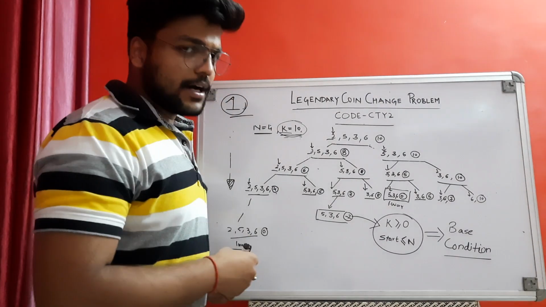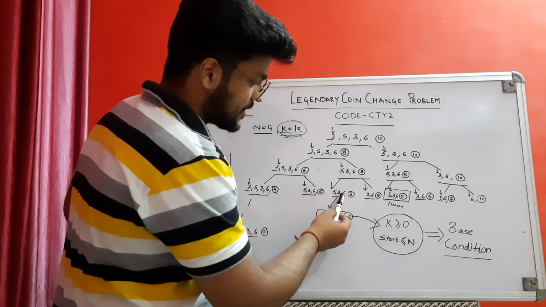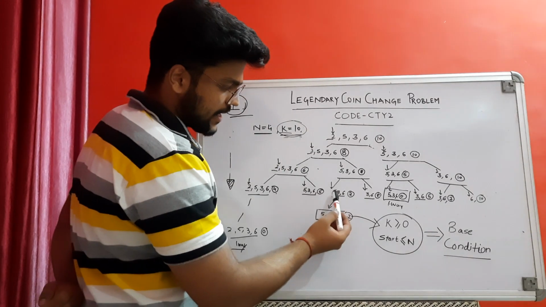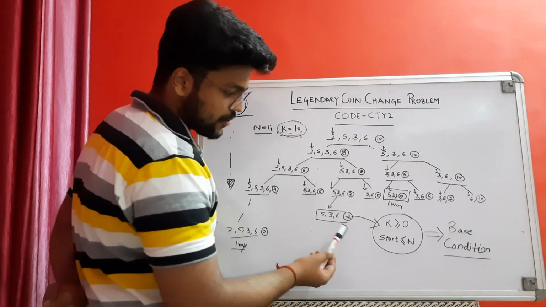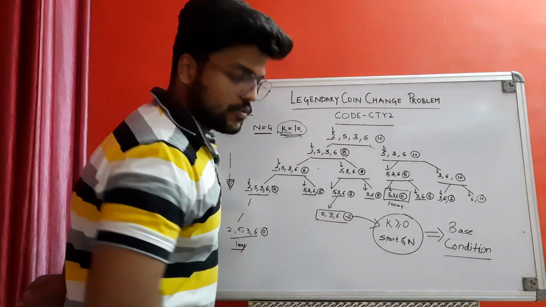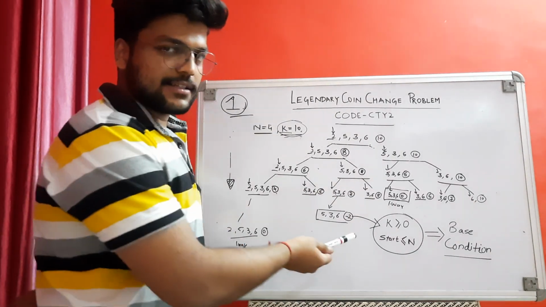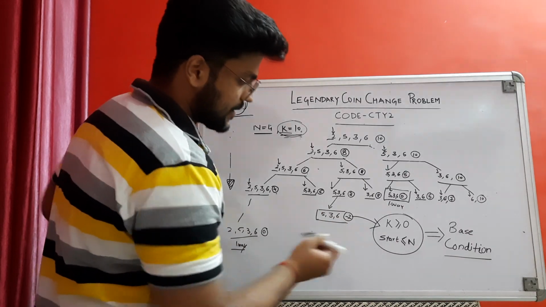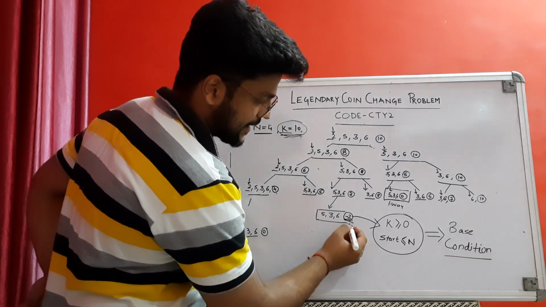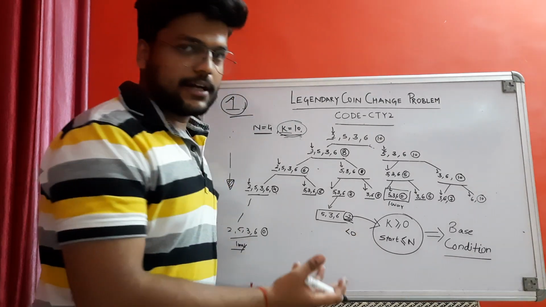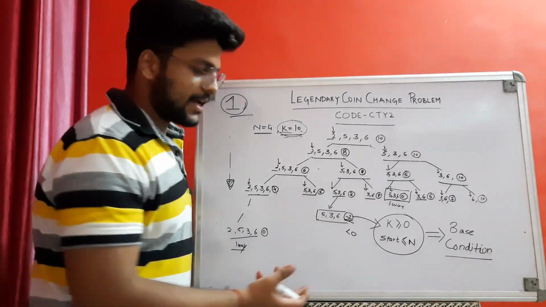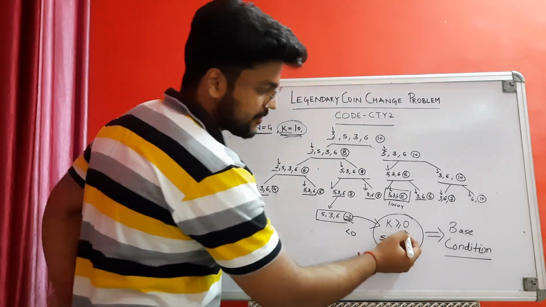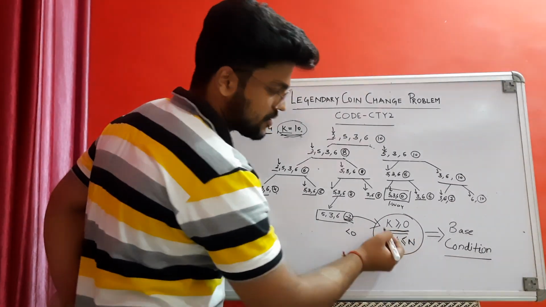Also, now watch a base condition. You have seen this 5 3 6, and the sum you have to make is 3. If you take 5 as a denomination, what do you get? 3 minus 5 is minus 2. Now minus 2 is impossible. This is an absurd thing. So this will be my base case. If the sum we have to make is getting less than 0, then I can't do this. This is impossible. How can I make a change of minus 2? So my base condition will be k must always be greater than or equal to 0.